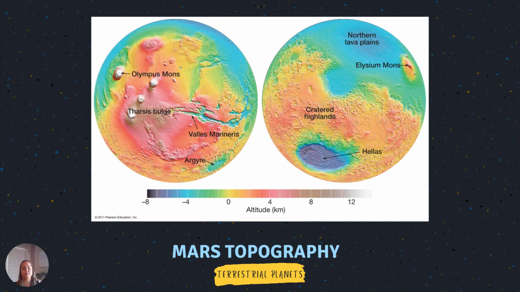So we haven't learned about maps of topography yet, but this shows you the highs and the lows on the planet. And this is really interesting to look at because you can see the real deep crevasse, which is the Valles Marineris, which is one of the largest, basically, cracks in a planet that we've observed. And we also have Olympus Mons, which is a volcano, and it's the largest volcano in our solar system. So let's take a look.